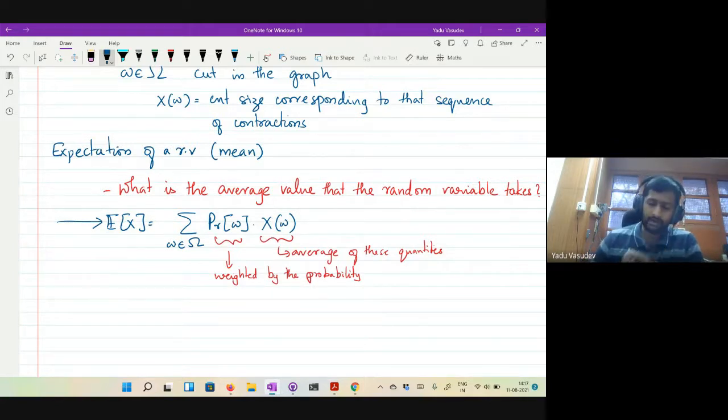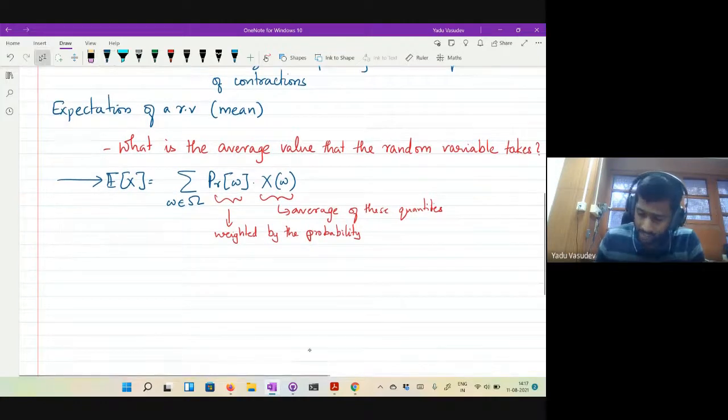So one very useful property of expectation that can be used in a lot of places is something known as the linearity property, what is known as the linearity of expectation.